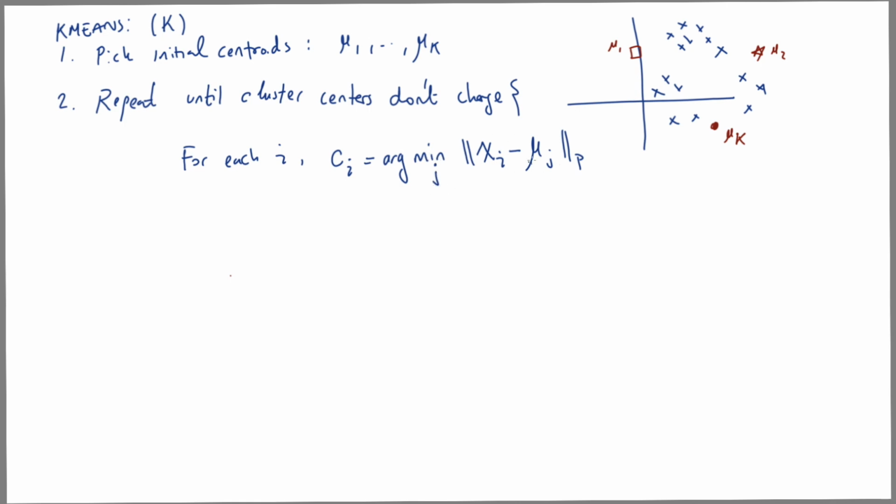So what is this? This is computing the distance of every single point in the training data to each of the clusters, and it's looking at which cluster center the data point is closest to, and then it's assigning that as the cluster label for that point. Okay, and we do this for every single data point. And then for each j, so now we're looking at the k clusters, we compute a new cluster center, which is